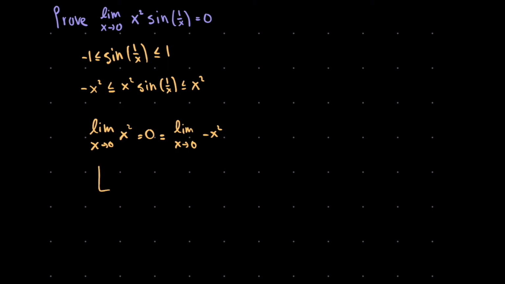And therefore, we could write by the squeeze theorem, we have proven that the limit as x goes to 0 of x squared times sine of 1 over x